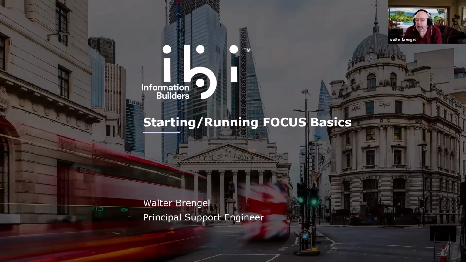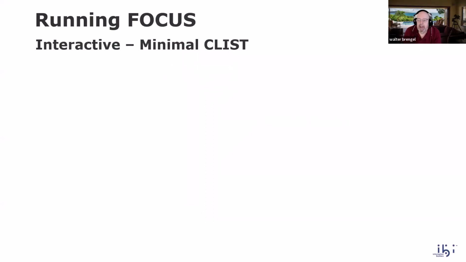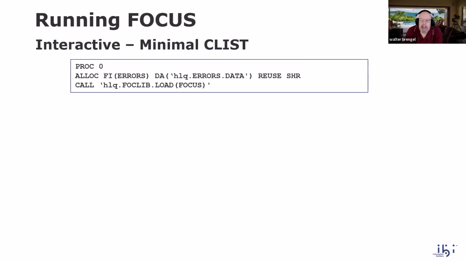Okay, so I'm going to talk about right now the Focus product, Focus on the mainframe. And we talked about different components. Today, I'm going to talk about how you start or just run a Focus session. You installed, now what do you do? So if you're going to run interactively, you're going to need minimally a CLIST or a REXX. And all you really need, again, minimal, is an errors allocation and a call to the Focus executable,